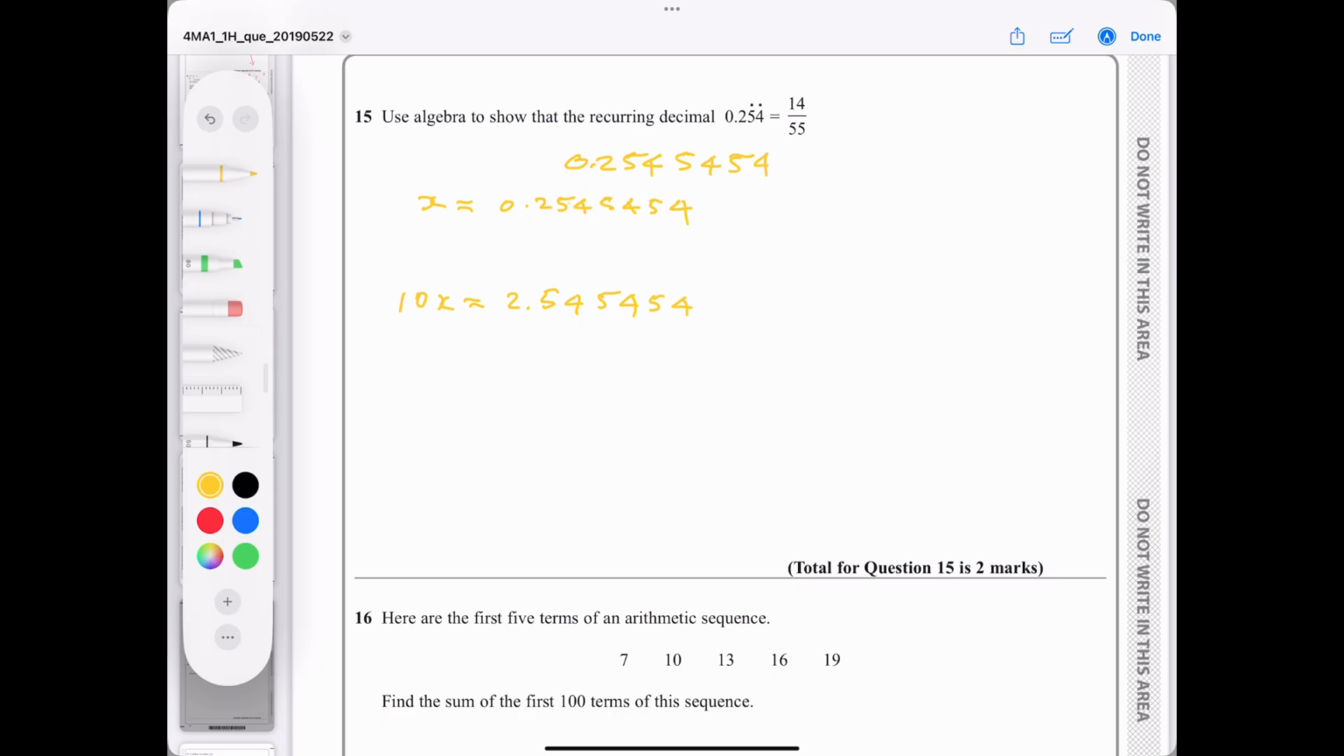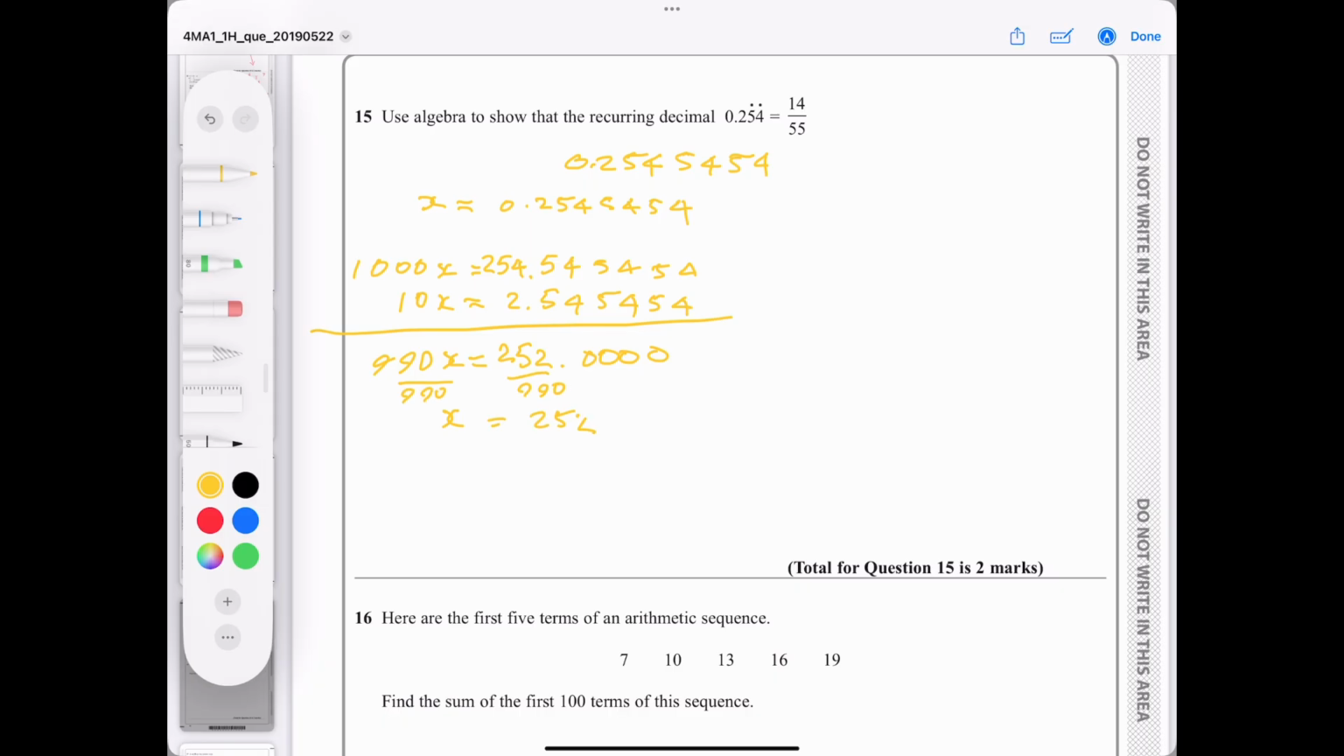So I'm going to times x by 1,000. And what that's going to give me is 254.5454, because that goes 1, 2, 3, 5, 4, 5, 4, 5, 4. Now, on this side, I get 990x, and then I get 252. See, it all lined up. It was terribly nice. And then we divide both sides by 990. So x equals